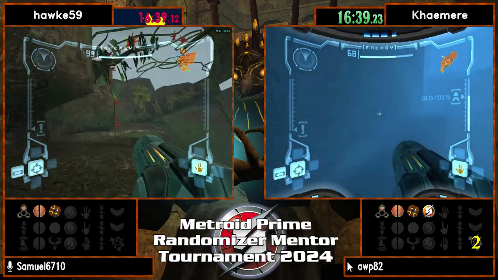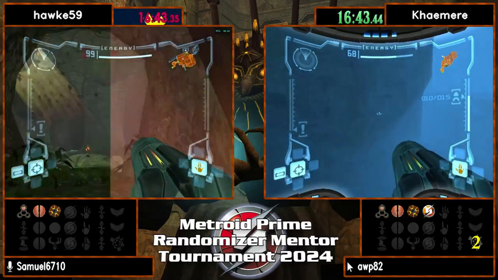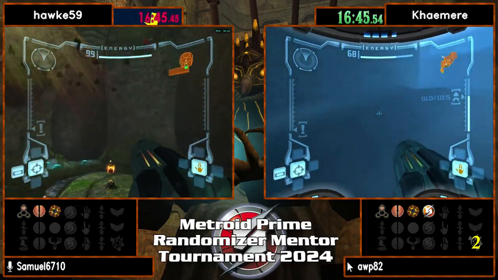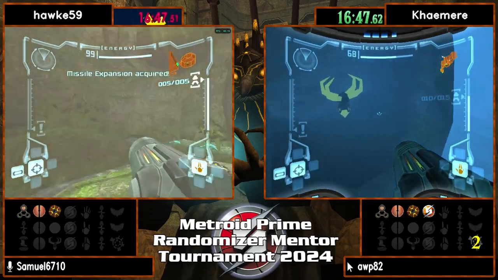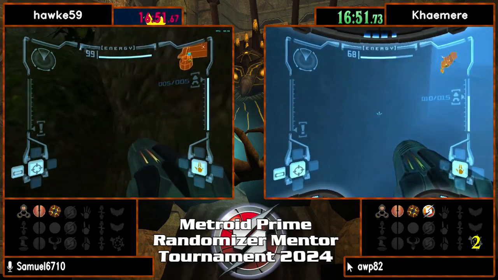Also, Hawk managing to get Space Jump first there, nicely done. Gonna be rewarded with a missile, finally. Missiles are very important. There can be some pretty bad missile locations. I've seen my fair share, but